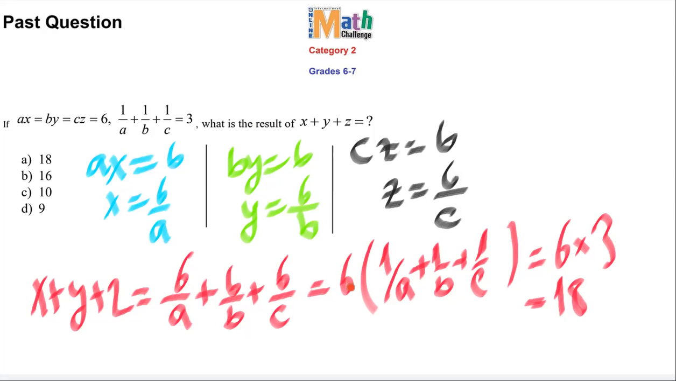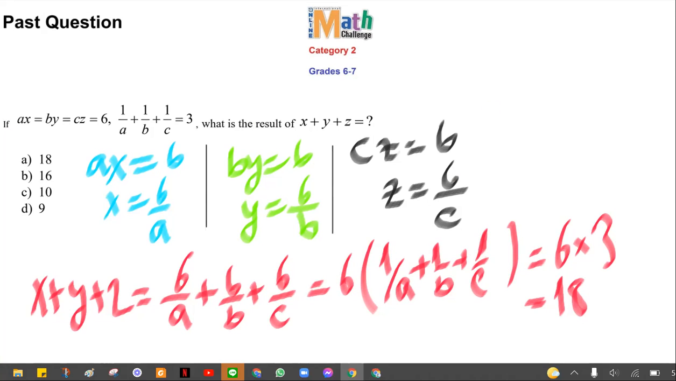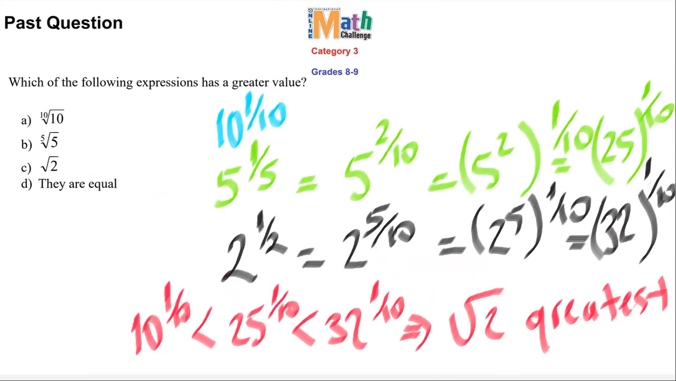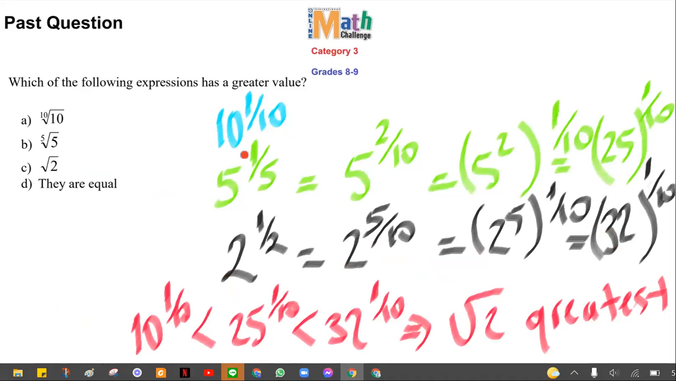So now you see that, okay, now we see that the inside bracket is exactly what is given here, which is 3. So 6 times 3 equals 18. So the answer is A. So our third question is from category 3, and the question asks, which one is the